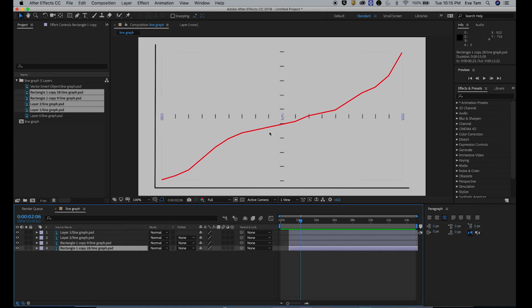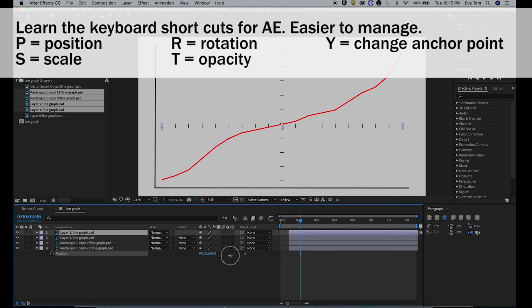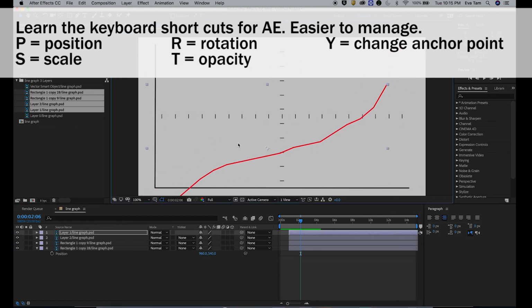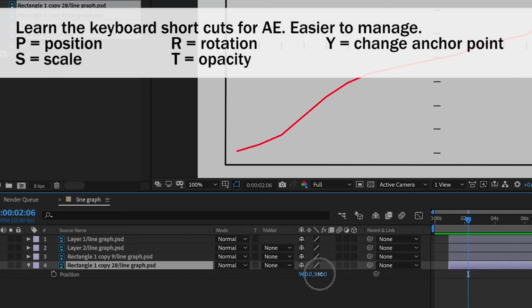Now as you can see, they're all not in the position they're supposed to be at. So here are the key points. P is for position, okay? Right now, you need to move this to the right spot. When I press P, instead of moving it like this, you drag it from this position.